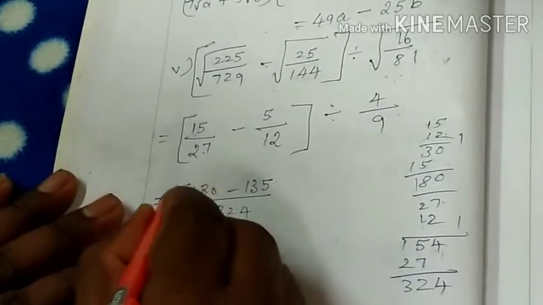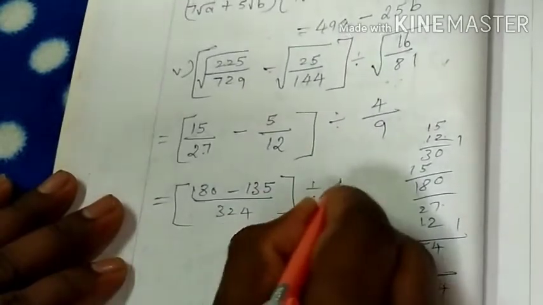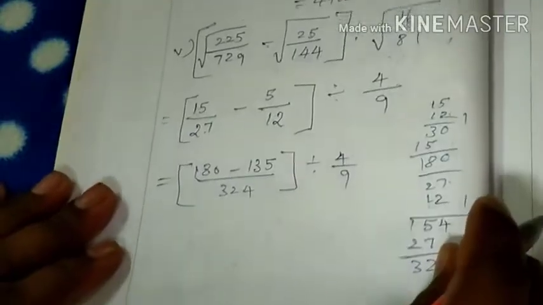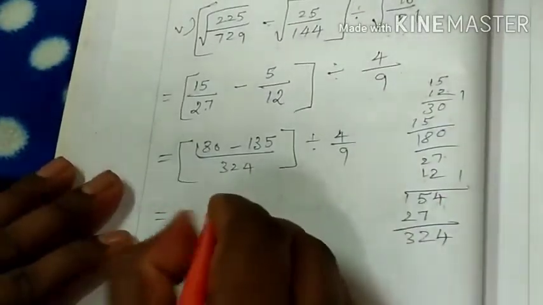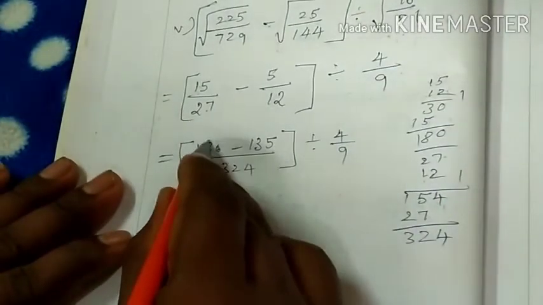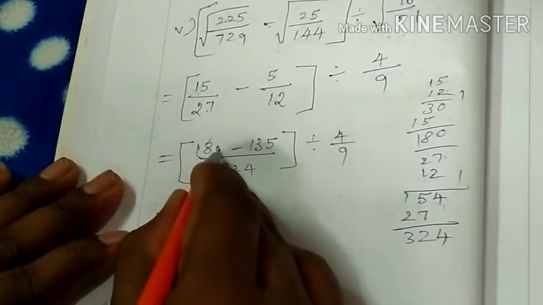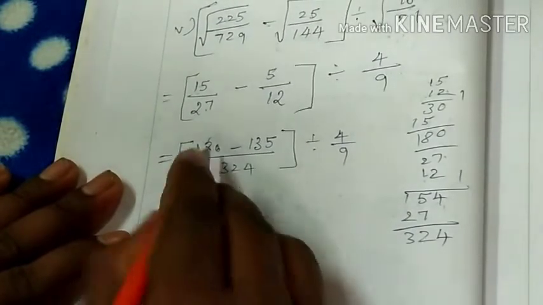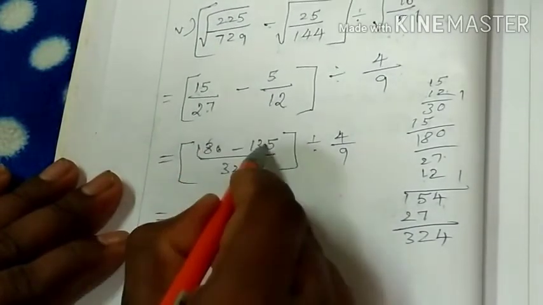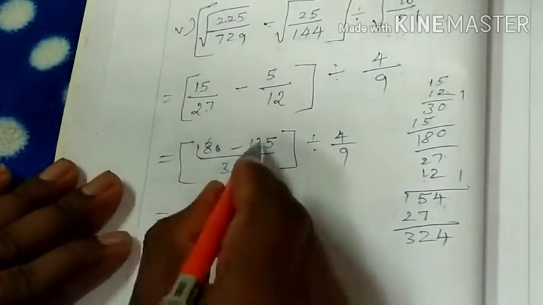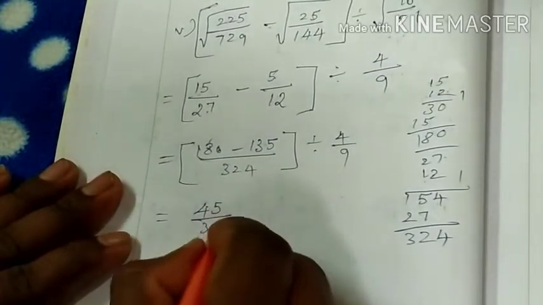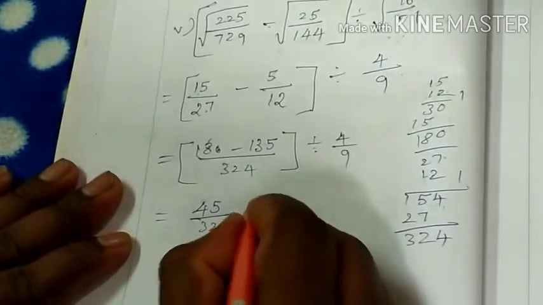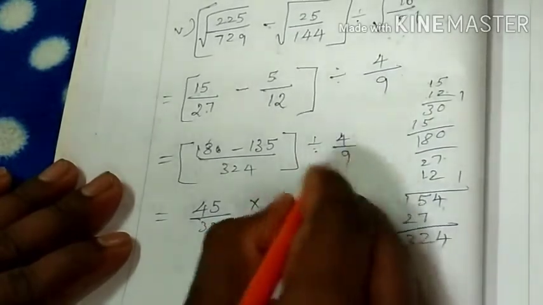324 divided by 4 by 9. So all are simplification. This is converted to 10, because making the transformation, 10 minus 5 is 5. This is reduced by one value, so 7 minus 3 is 4, and 1 minus 1 is 0, divided by 324. The division changes into multiplication, so interchange the numerator and denominator.